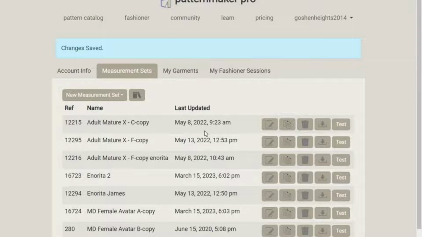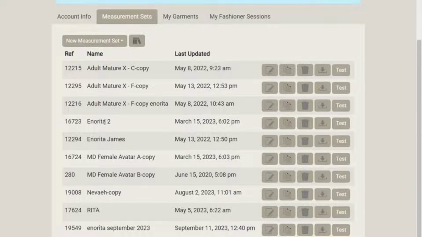All kinds of measurements are already put in there. This is my own measurement set that I did match. This is another measurement set. This is another measurement set that I did recently. Now, the new thing that has come in here that was not in the old